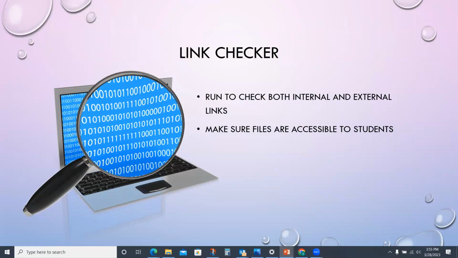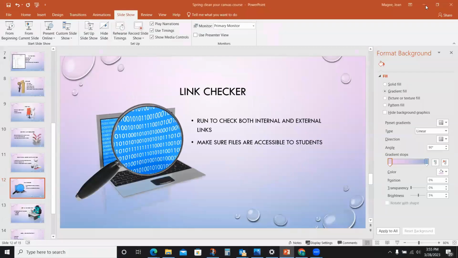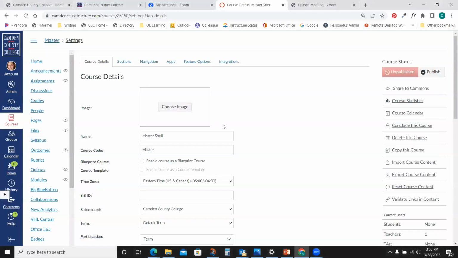The link checker will check for both internal and external links and also make sure files are accessible to students. So sometimes when you have a file that you've been using for a few semesters, it's stored in an old course and the new course is trying to link to it, and that may not work if a copy of the file is not linked to the course. So just to try to make sure to avoid all those issues and emails that you might get,